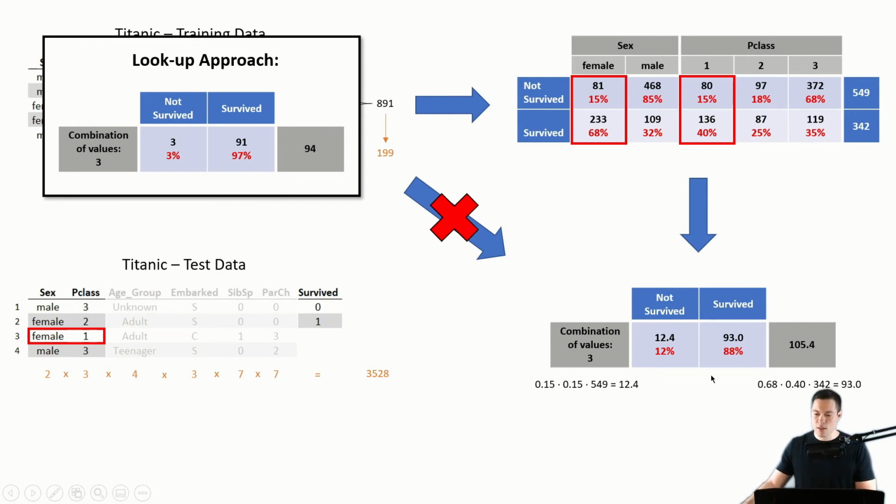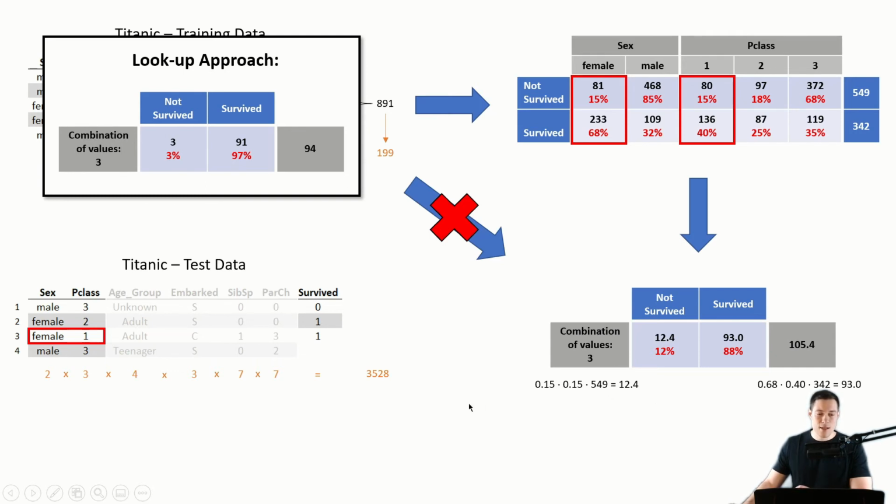So obviously in this case, we would predict that this passenger survived. So let's see if that's really the case. And indeed, this passenger did survive. So our prediction here was correct. And with that, we basically know how the naive Bayes algorithm works. And therefore we could go back to Bayes' theorem and check if we've actually done the calculations according to the formula. However, for the sake of